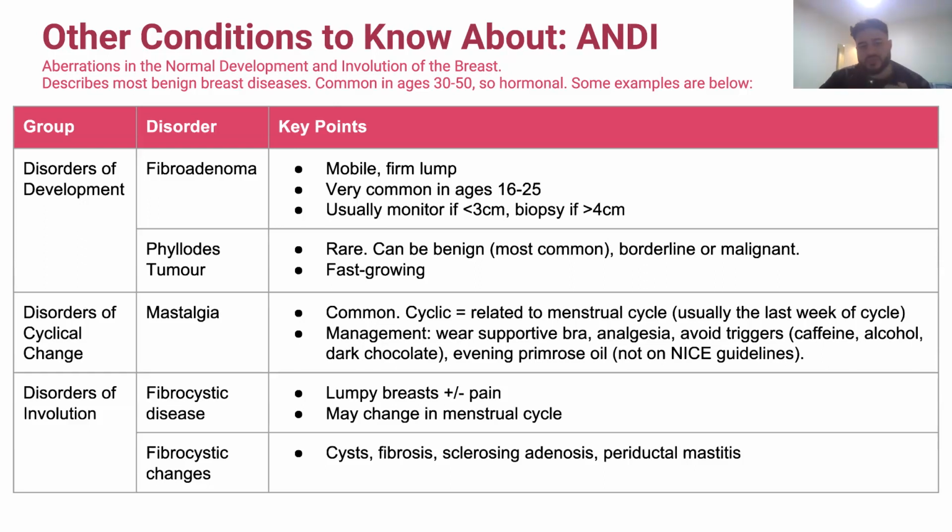And in terms of disorders of involution, fibrocystic disease is another one that's important to be aware of, because patients can present with, it's described as lumpy breast, but basically in both breasts there are a number of lumps that are felt, and it may or may not present with pain. The occurrence of these lumps within the breasts is affected by the menstrual cycle, and I think it follows it in some ways. So it'll be a history of pain and lumps in the breast, again in conjunction with the menstrual cycle.